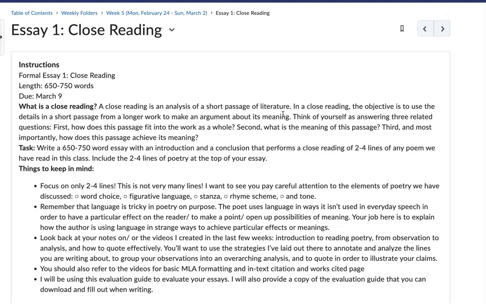So don't just tell me that there's repetition, and the repetition says that June Jordan is not going to allow society to define her. Tell me what word is repeated, what that does to the experience of reading the poem, or what that means. What does she mean by wrong? Wrong in what sense? Who is wrong? Is she trying to flip the script on the word wrong? Like why that word? And then how does that relate to the meaning?